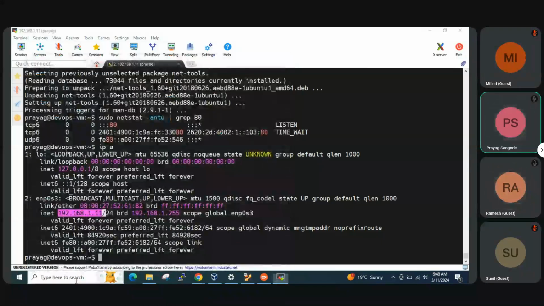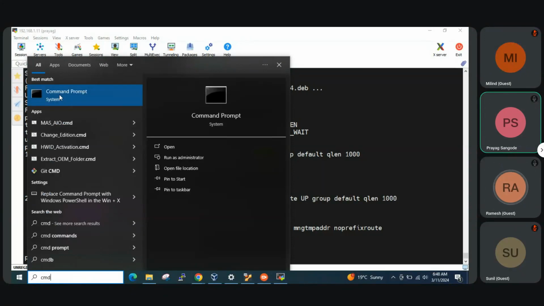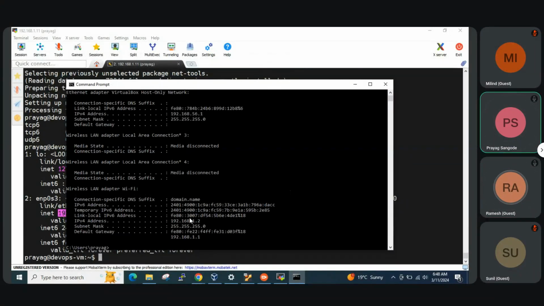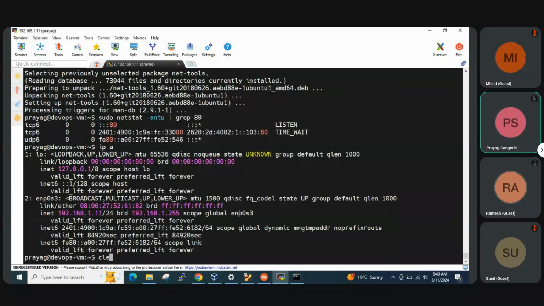The VM has the IP address 1.11, and when we see our laptop, this is my laptop, and its IP address is, I think, 1.3. Today it got 1.2. Any system which is in the same range will be able to access it. In the real world or in a production environment, the server will be hosted on some public IP address, and a public IP address can be accessed from anywhere. Now let's see